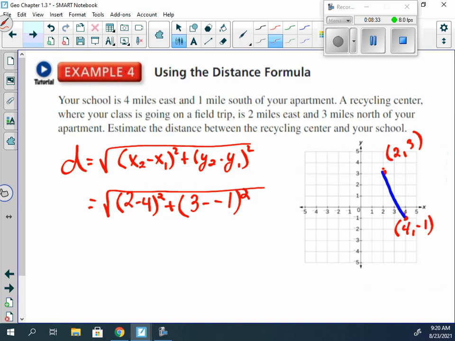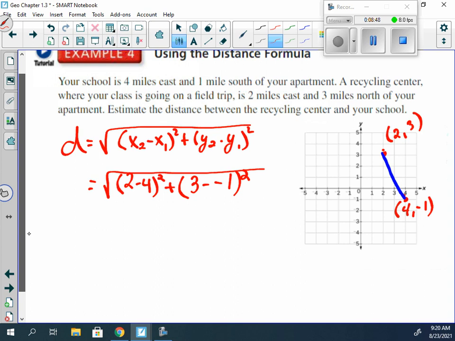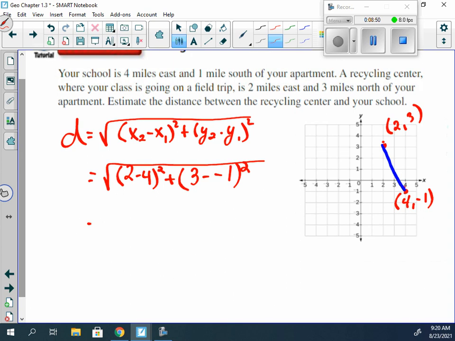Now at this point here, if you wanted to type this entire thing into the calculator, by all means, go ahead and do it. Because everything in here is a number. There's no variables, nothing we have to solve for, so we could type this entire thing in and get the answer. Now if we did this by hand,